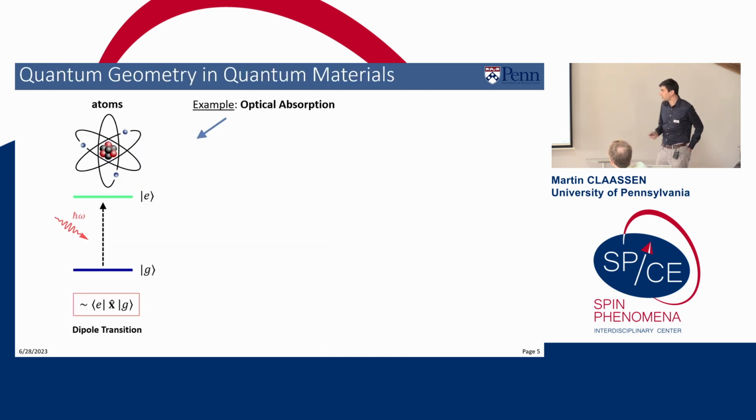So for the bulk of the talk, let me now try and draw these two motivations together and argue why quantum geometry, and actually these new ways of thinking about correlated electron models beyond local Hubbard physics, can give rise to interesting new optical responses. So the simplest example is optical absorption. Just imagine you have an isolated atom, and I'm thinking about coupling an atomic transition to light. Well, the naive model of this would be a dipole transition where I couple two states with different parity.